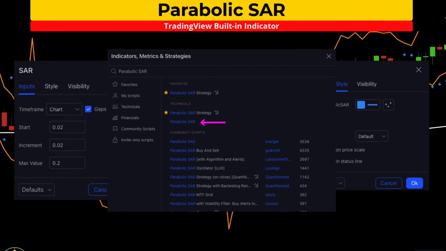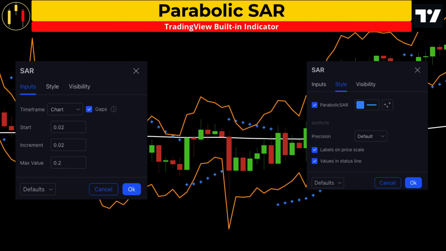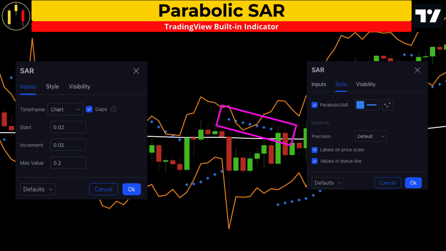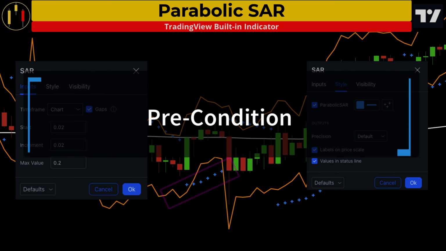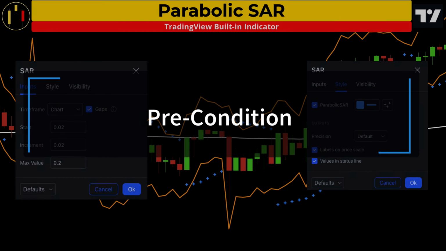The second free TradingView indicator is the Parabolic SAR. Inputs and style will be kept at default. The Parabolic SAR is a J. Wells Wilder indicator and is sometimes known as the stop and reversal system. When blue crosses appear above price, look to short, and when the crosses are presented below price, look to long. The Parabolic SAR will be used as confirmation for entry.